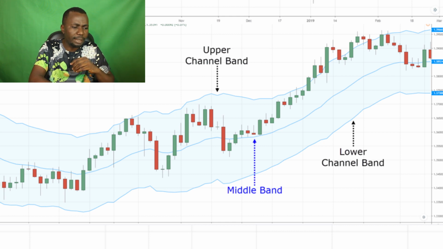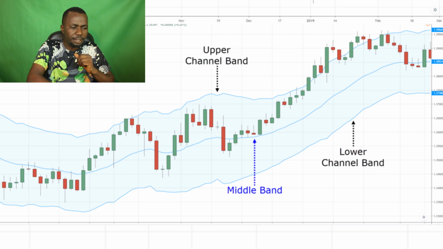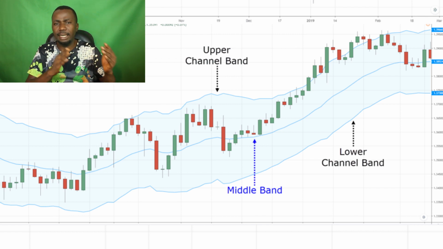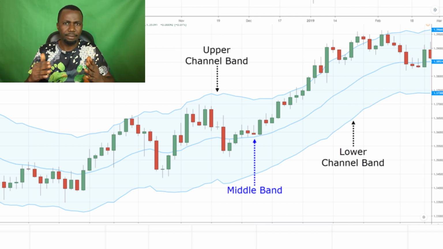And whenever the price is above this middle line, it means the price is in an uptrend. You are only looking to buy. And when the price is below this middle line, it means the price is in a downtrend and you are only meant to sell, right? So this Keltner channel works extremely well during a ranging market, but when the market is